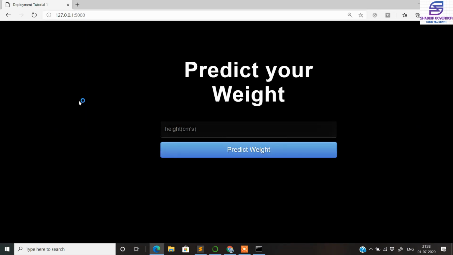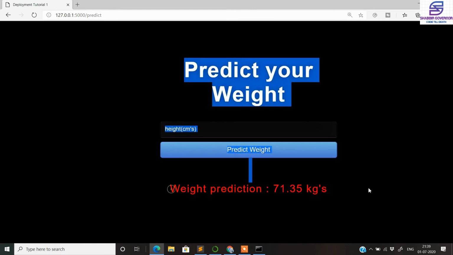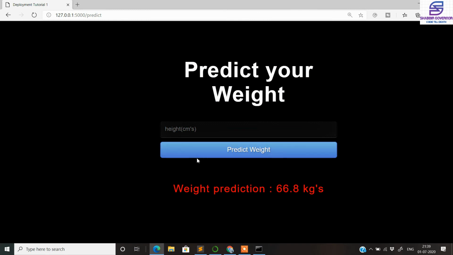You can see that your Flask application is live now. Now you just need to enter the height that you want and you will get the prediction of the weight. This was the simplest application that one can create in Python and deploy using Flask on your PC.